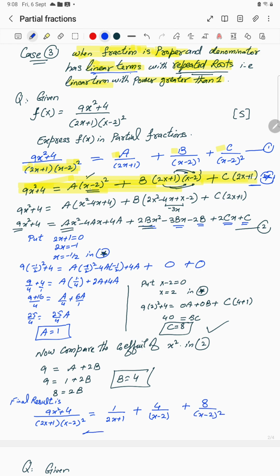This is a 5 marks question, and we have done this. I hope it is clear. Let's go for the final